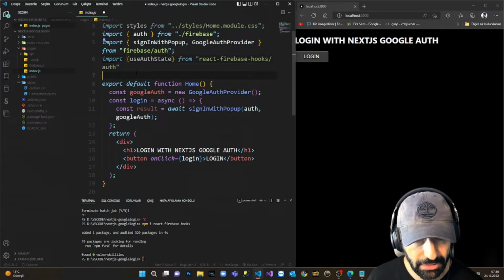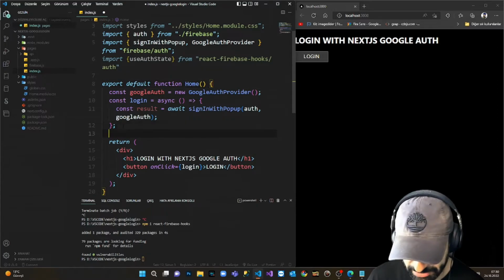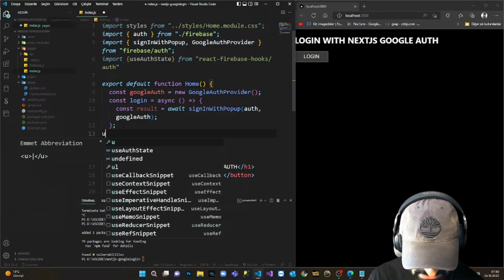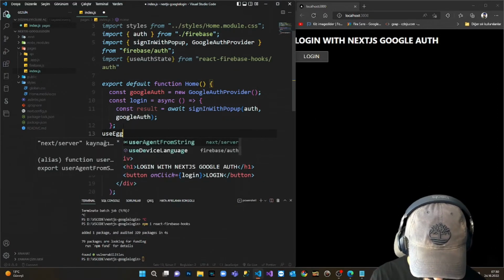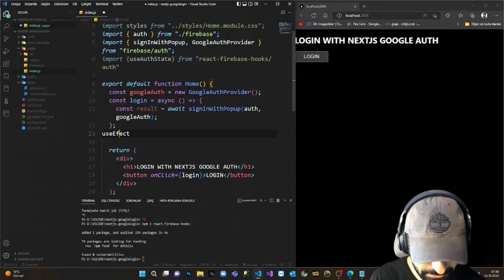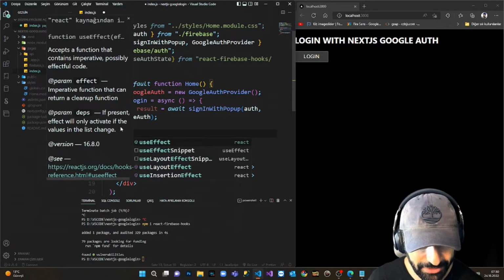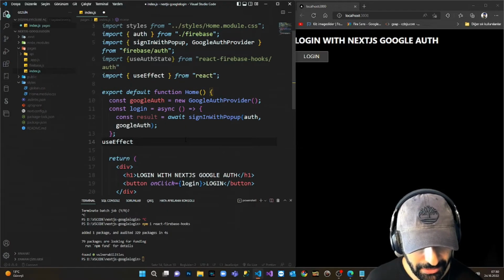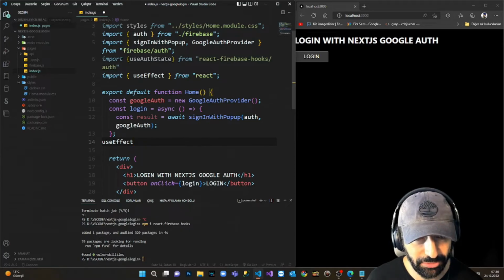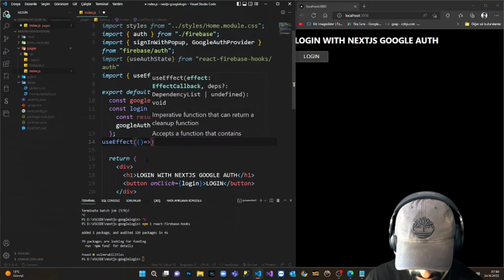Okay, I'm gonna import something more. I'm coming to the bottom. I'm gonna say useEffect. I'm gonna import also this useEffect, not egg, as I mentioned before. Okay, did I install it? Import it. useEffect. Okay, I install it. Brackets,